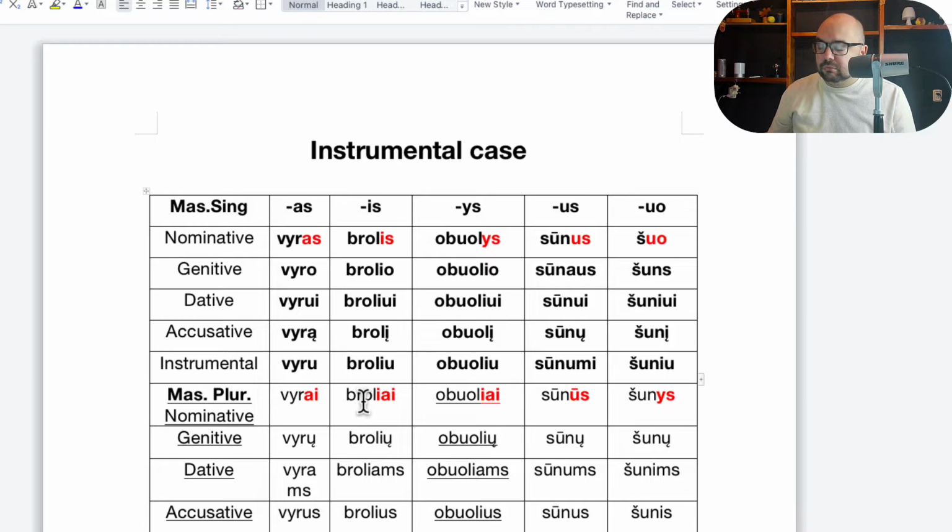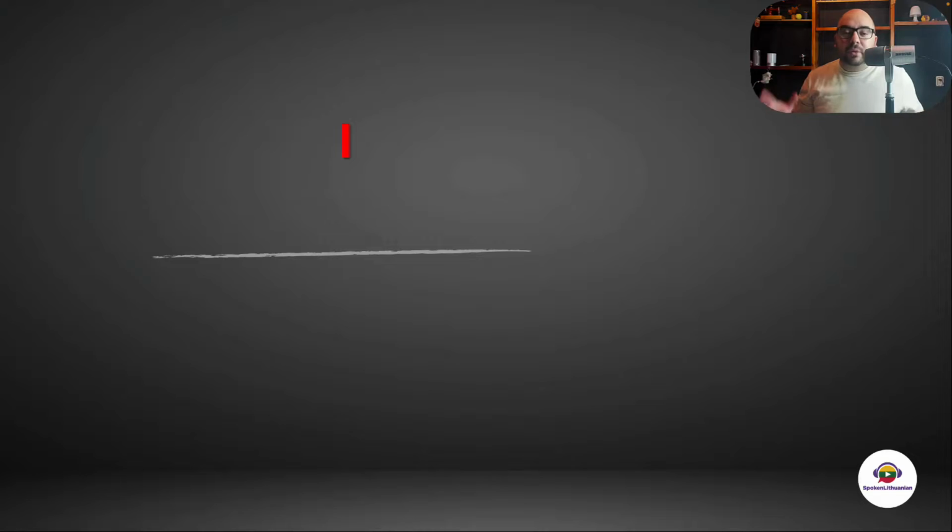Okay, so I think you can create some of the versions, some of the sentences for yourself before you go into the practice lesson, and do that. And if you have done it, or if you don't want to do it, even, I will see you in the practice lesson. So thank you for being here. Thank you for watching this short lesson about instrumental case, and I will see you there.